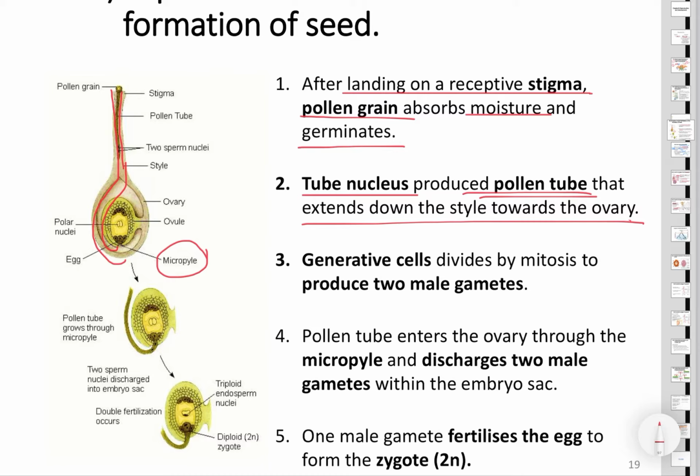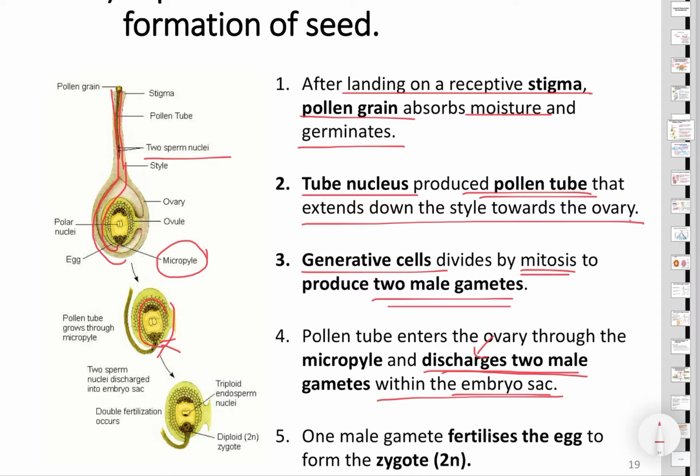Okay, on the other hand, the generative cell yang ada dekat dalam pollen grain tadi akan divide by mitosis to produce two male gamete here. So pollen tube cell akan membentuk pollen tube. Generative cell will divide by mitosis to produce two male gamete. So bila sahaja pollen tube to reach the micropyle, the pollen tube will discharge the two male gametes into the embryo sac. Okay, bila sahaja pollen tube tu sampai dekat micropyle, dia akan lepaskan male gamete tadi masuk ke dalam